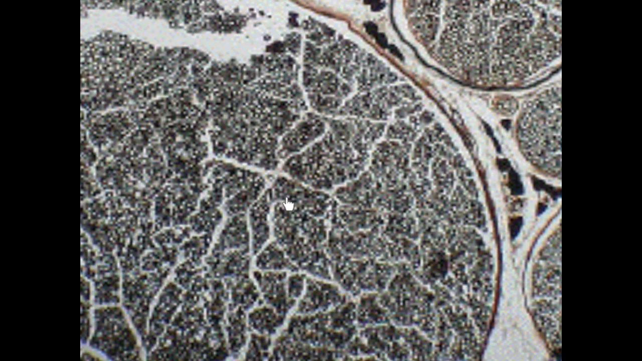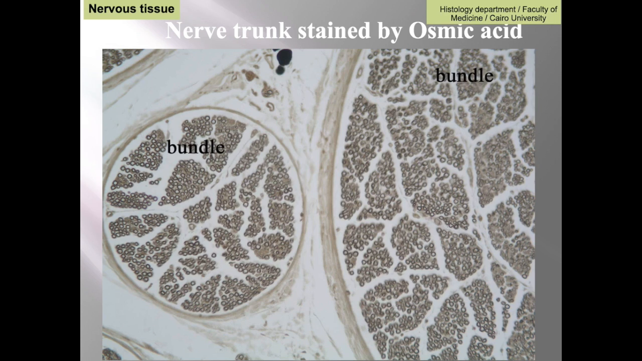The center here is the site of the axon, not stained, and the black circles demonstrate the myelin sheath stained black with osmic acid. Again, this is a nerve trunk. Bundles of the nerve trunks can be seen, and it is a very nice picture. You can see non-specific staining of the